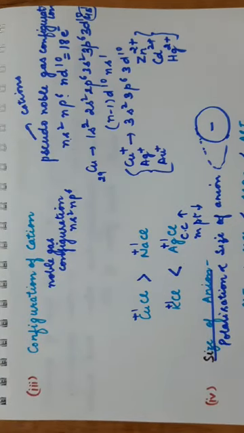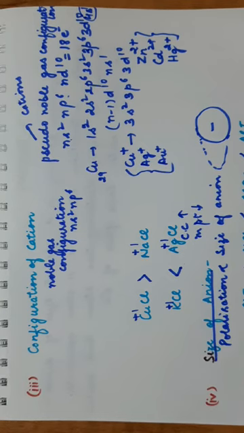So we have discussed 4 factors. First is size of cation. Second is charge on cation, third is configuration of cation, and fourth is size of anion. These 4 factors which affect the degree of polarization in an ionic bond are known as Fajans rule, and on the basis of Fajans rule we can compare the covalent character in different molecules. This percentage of covalent character in an ionic bond greatly affects the properties of the compound, and we can apply Fajans rule to a number of molecules to compare their properties.